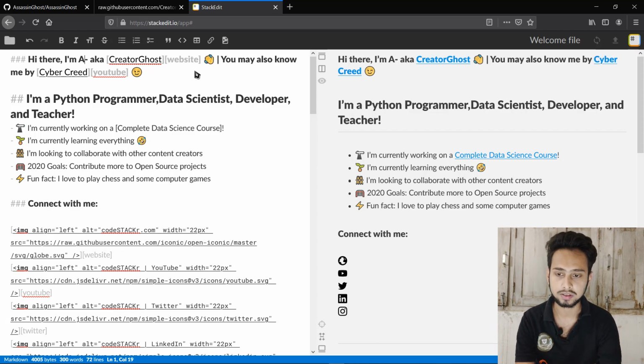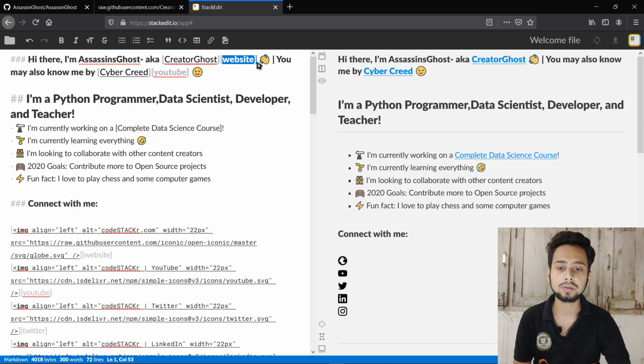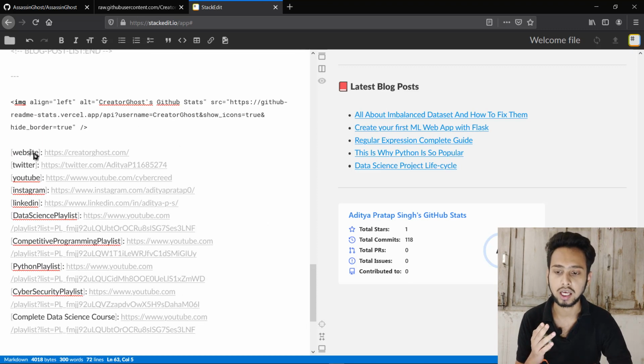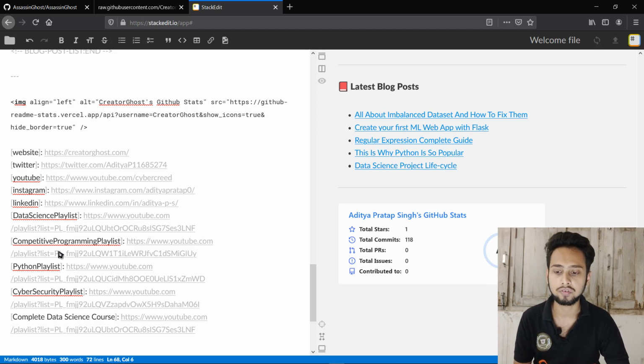This website is basically a variable name, and we are defining our variable name here. For website, we can simply paste your website, and like that they are all the variables that we are going to define. For Twitter, we have defined this variable Twitter. For YouTube, for Instagram, for LinkedIn, for everything we have defined here, and we are going to simply call them whenever they are needed in our code.